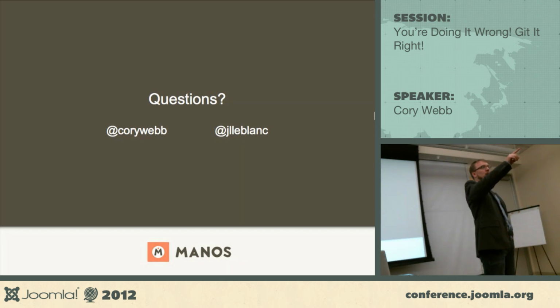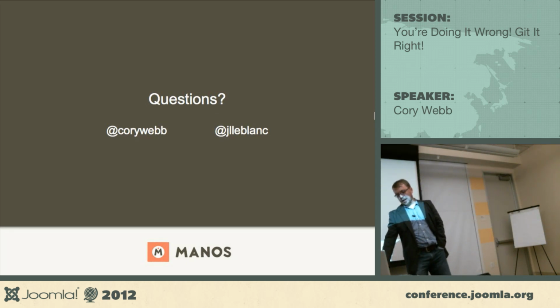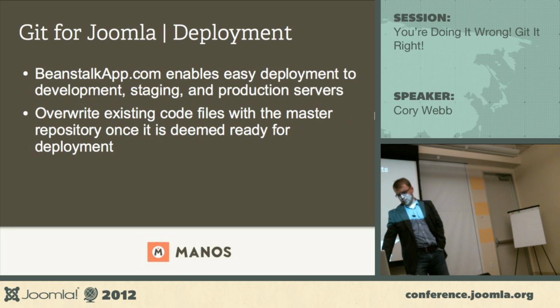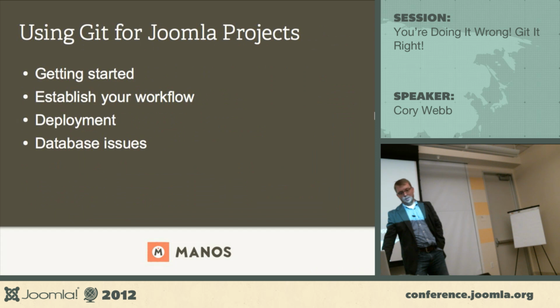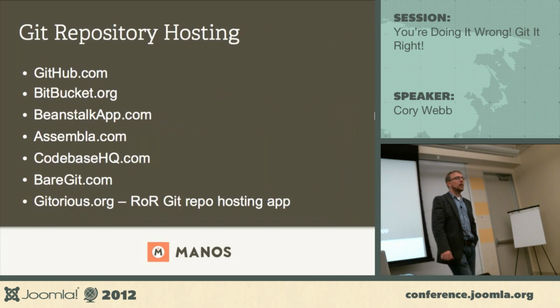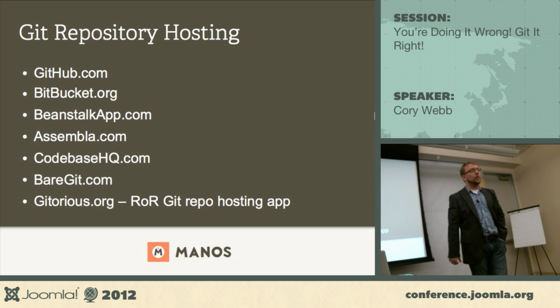So we have one more question. Does Git have an ability to add the GitHub repository of Joomla as a remote, so that you clone the sources from Joomla at GitHub, and then use those sources as your own local repository for the rest of the stuff? Yeah, you can add as many remotes as you want, but they should be the same general project. You wouldn't add Drupal and Joomla as remotes, because it wouldn't be the same.